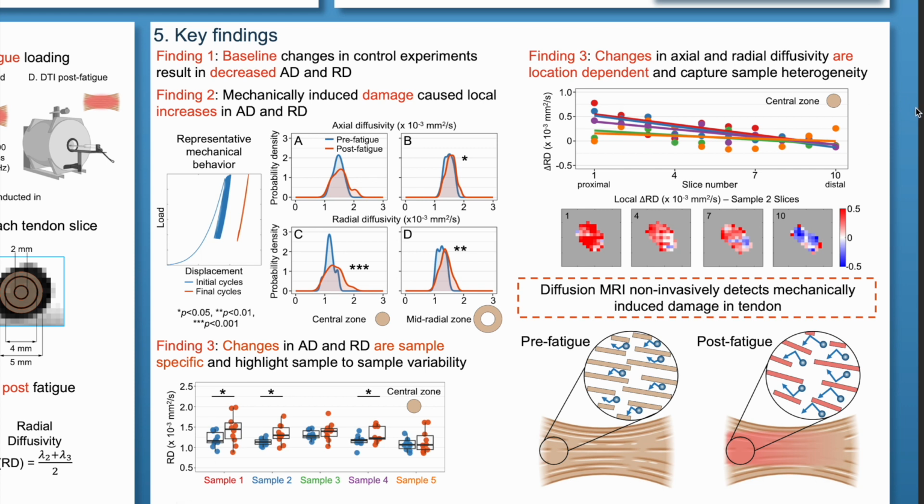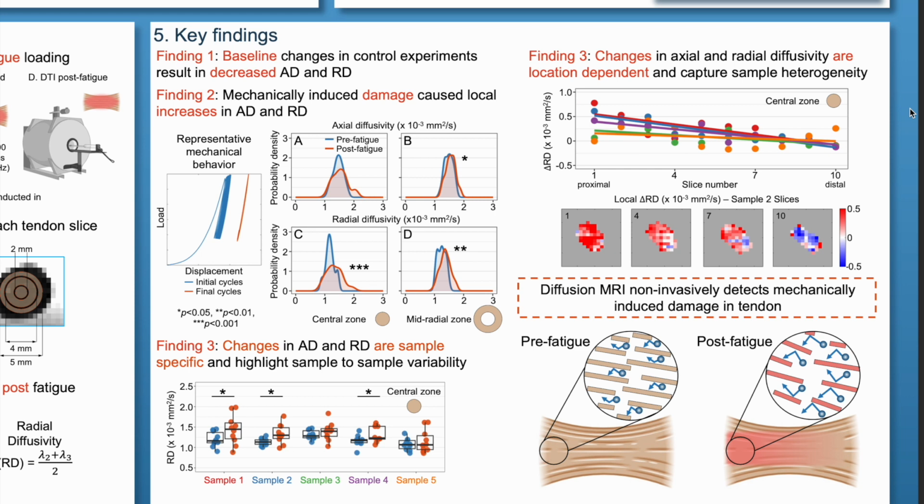Then, on our fourth finding, we can see that the changes in axial and radial diffusivity are location dependent. So, when we look at the change in radial diffusivity on the central zone, if we look at the data for the tendons on the proximal side, or on slice 1, we see an increase in radial diffusivity on 4 of the 5 tendons. As we progress towards the distal side of the tendon on slice 10, we can see that there are no longer changes observed